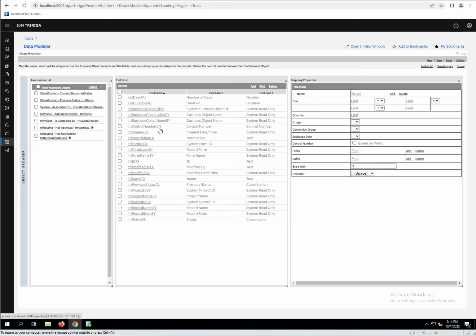There are drawbacks, however, to putting the control number into the published name. For the long-time TRIRIGA developers, they'll know that Data Integrator is a tool that we can use to create data in TRIRIGA. We can create new records or we can also use it to update values of fields of existing records. Well, if you use the control number in the published name, you will not be able to update those records with Data Integrator,